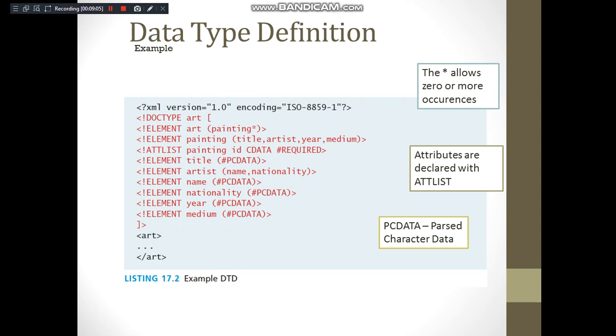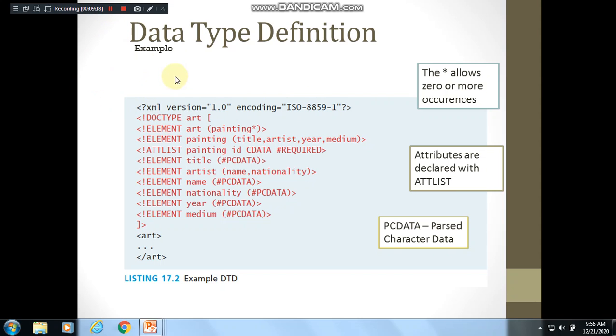Okay, so we'll see one example of a DTD here. You can just observe an example here. You are starting with the XML version, right? You are writing a DTD here. We'll see the details about